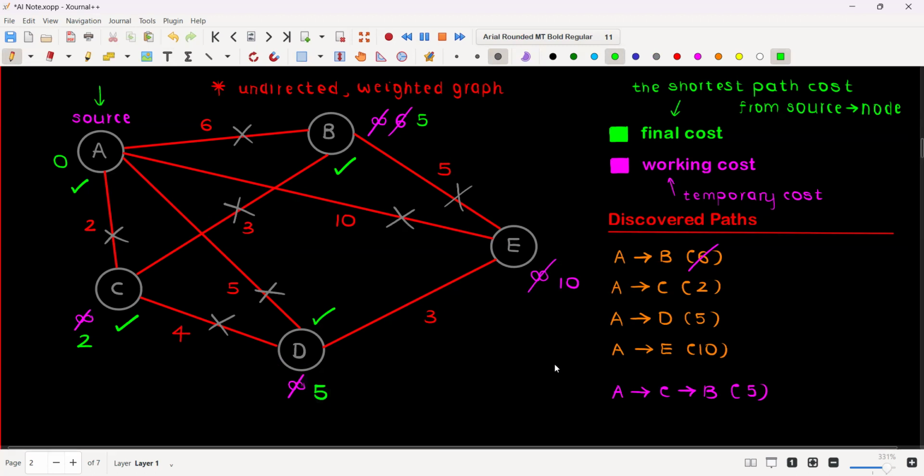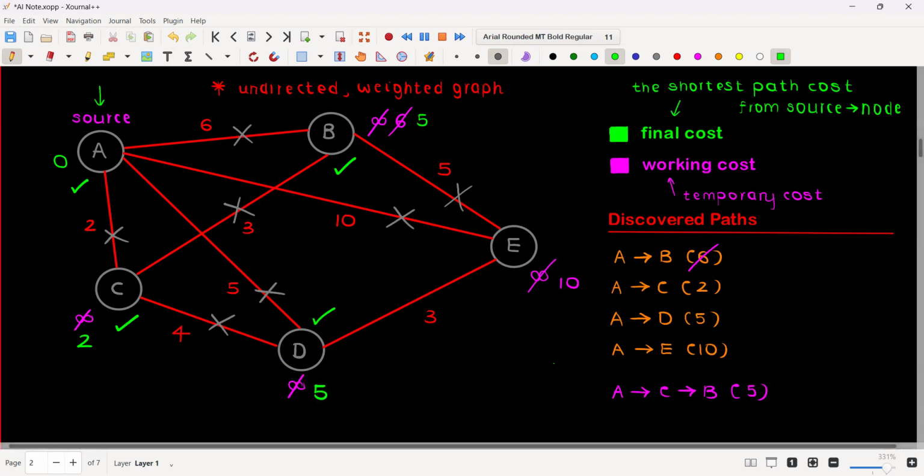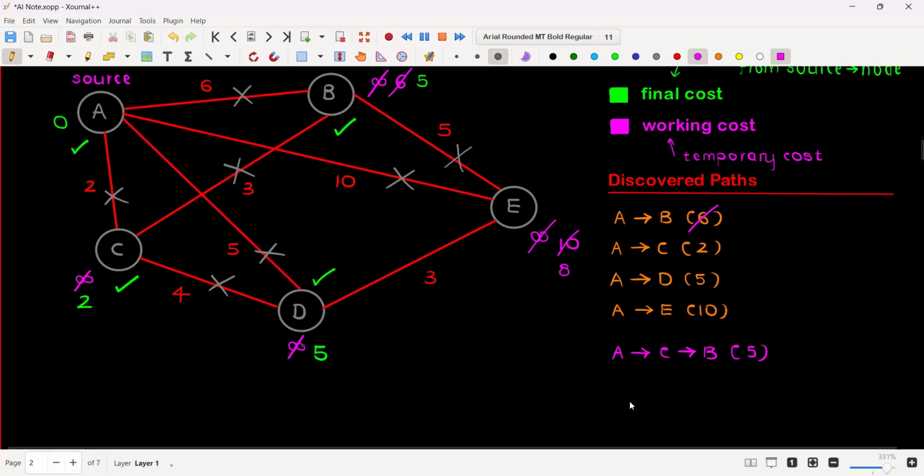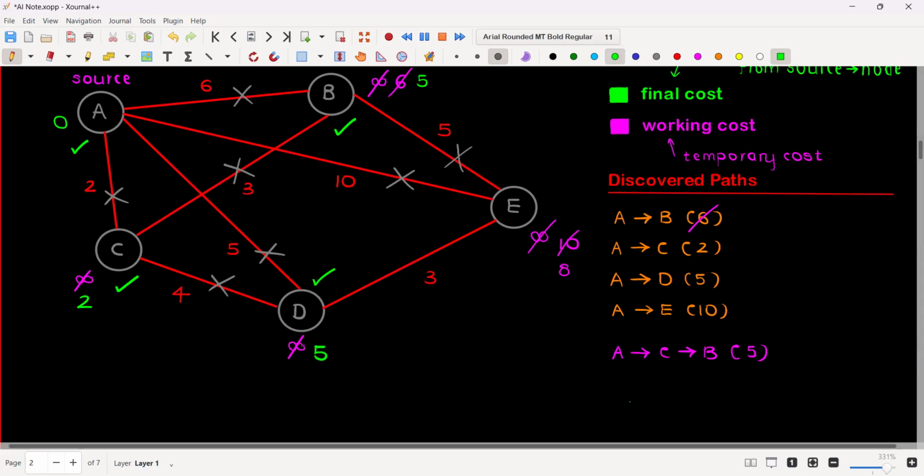So I repeat this, and I discover the path from D to E now, adding this 5 to 3. 5 plus 3 is 5, 6, 7, 8. Oh, we just found a path to E that is shorter than whatever it currently had, the 10. So what we can do is replace this 10 with a beautiful 8. And I can record this down here to indicate that I found a shorter path to E, which is A